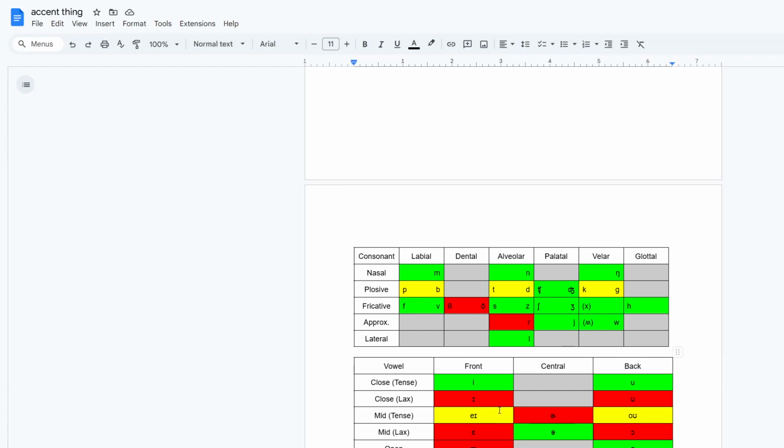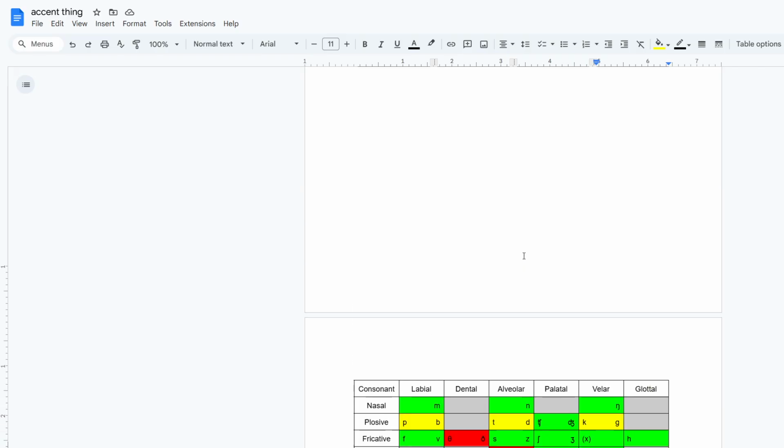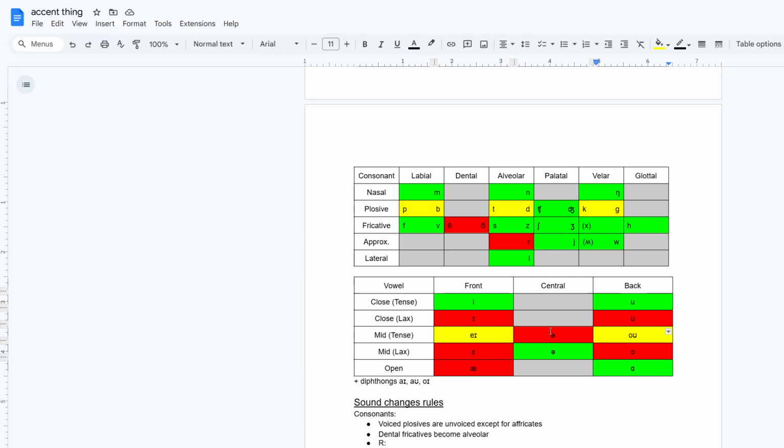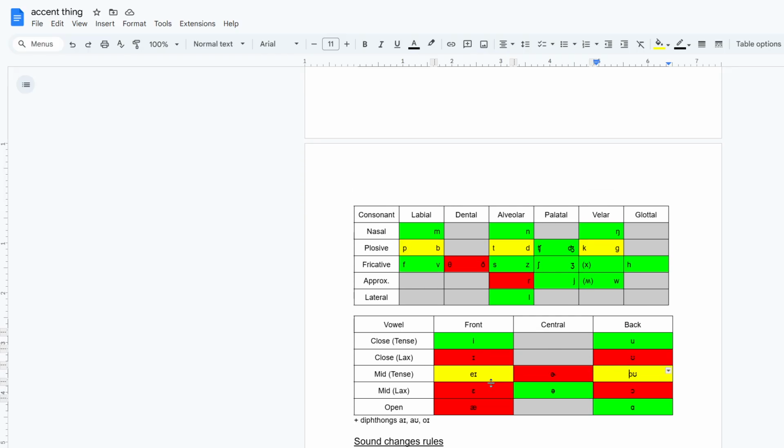And for these ones down here, the front mid vowel e and the back mid vowel o are in plugin, and I know in English a lot of times, in some dialects, these are reduced to those vowels. So I've made those yellow too because there's not really, yeah. And then,